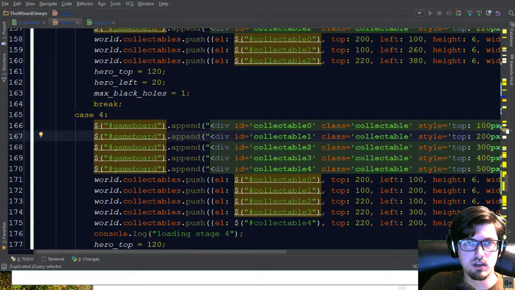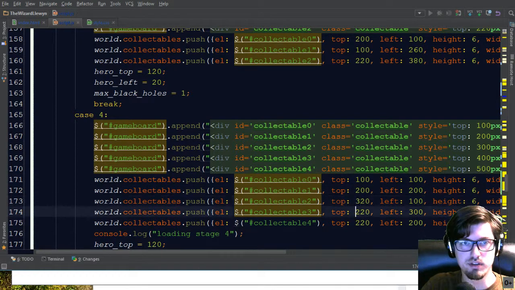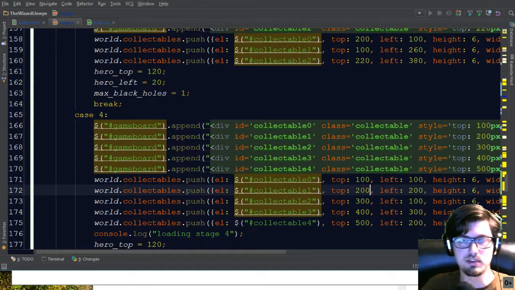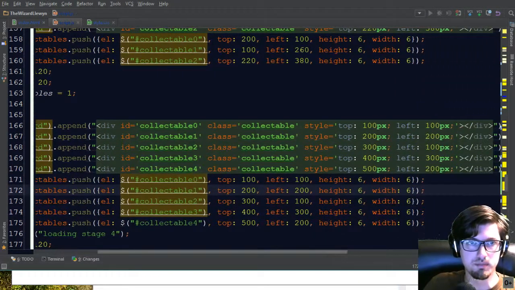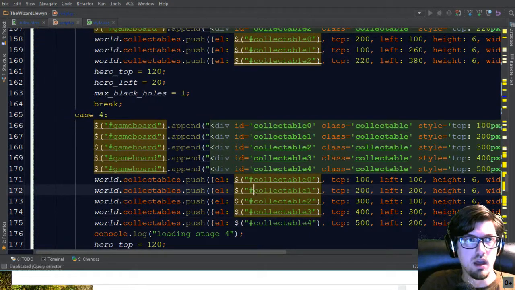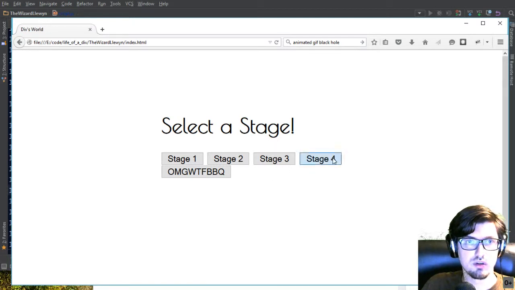So, top 100, 200, 300, 400, 500. So the problem was my tops and lefts did not match where things were. That's what I was saying. This is what happens when you try and code late at night when you're tired.